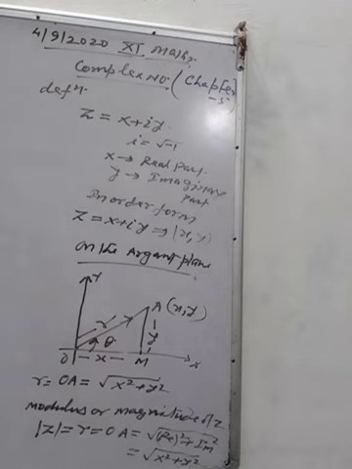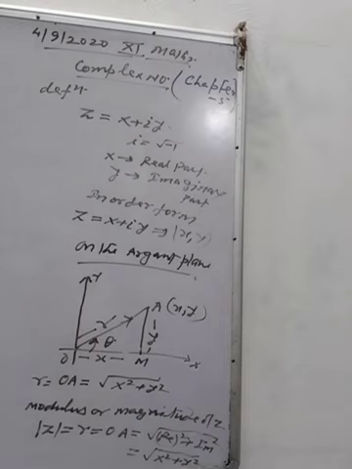So complex number. What is a complex number? It is the combination of two types of number, real and imaginary part. For example, z is equal to x plus iy. X, which is free from i, is the real part, and second, iy, that is y, is the imaginary part containing i. So here the value of i is root of minus 1. Complex, from the name it is clear, is a combination of two types of number, real and imaginary.